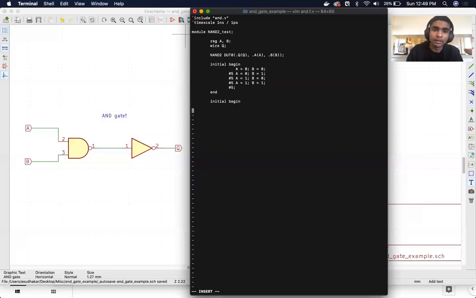Let's add this line with monitor. So to use the monitor function, you write $monitor, open some parentheses, and then it's kind of like an F string in Python. I keep making a lot of Python references. I think most people in this course have taken Python already. So I'm hoping this makes kind of sense. So I'm going to write some stuff and then I'll talk about it in a second. So $monitor("%t a = %b